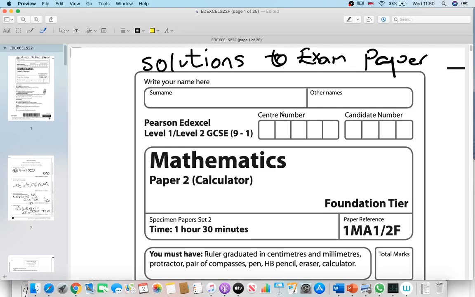Right guys, in today's video I'm doing solutions to the exam and past papers here for GCSE maths. I'm starting with Edexcel, and then I'll be doing AQA and also OCR. I'll be starting with all the foundation papers first and then doing the higher papers as well. This is aimed at anyone sitting their exams in the November 2020 series, or any student resitting their maths GCSE